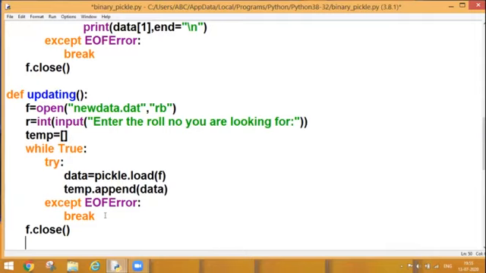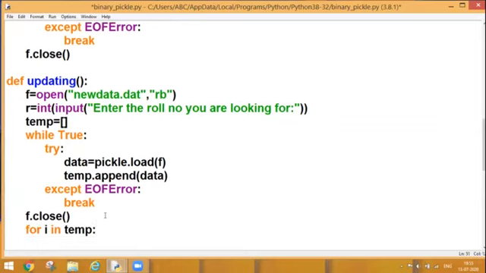For that, I need to again open my file. But this time, I will be opening my file into the write mode. But before writing permanently into the file, I need to search my record. So searching procedure is for i in temp. Why temp? Because now my data is there in the temp list.